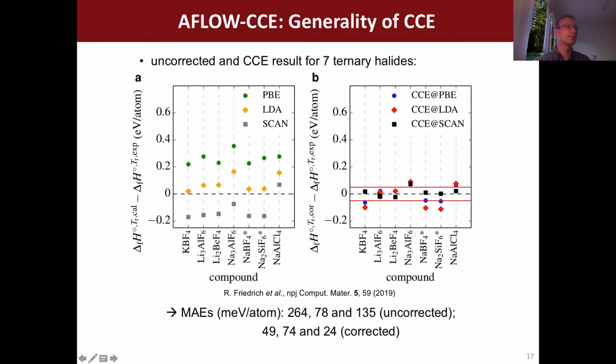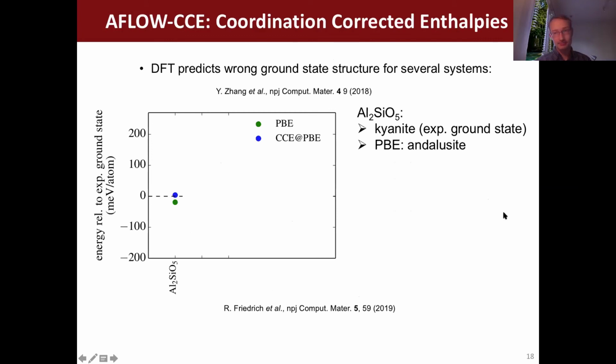But when you correct them, you get very nice results, and especially again with SCAN, you get them very, very close to the zero line, and actually even better in this case, I think, than the thermal energy at room temperature. Now we are here at 24 meV per atom mean absolute error. And this is what I also mentioned before, that our method can do something that other methods cannot do,